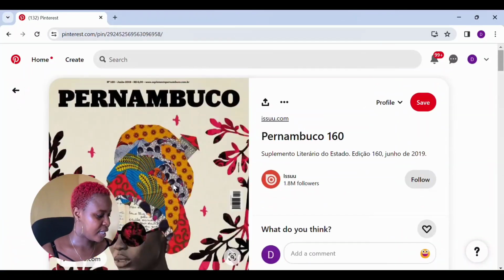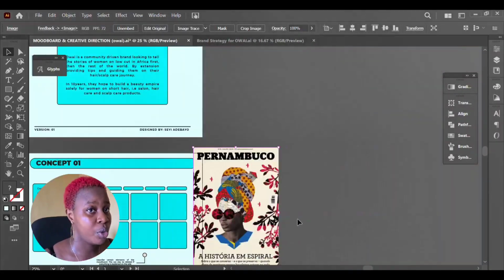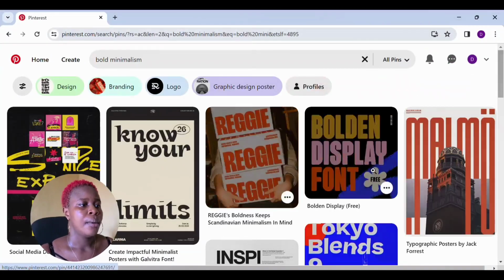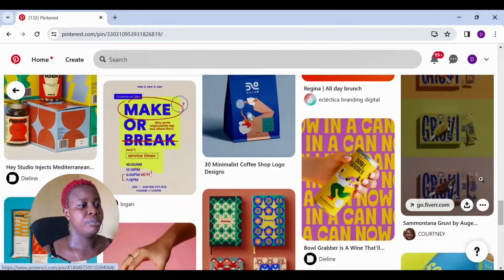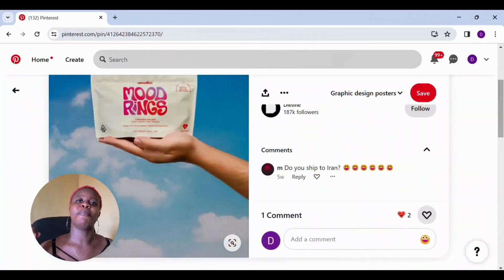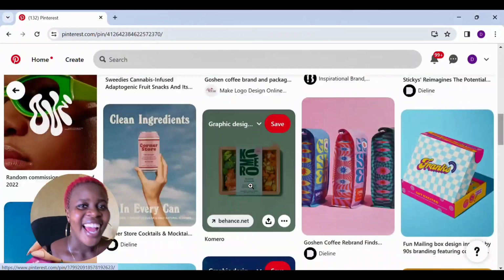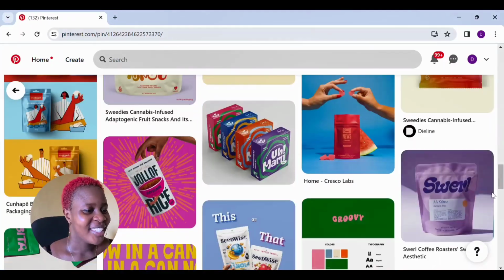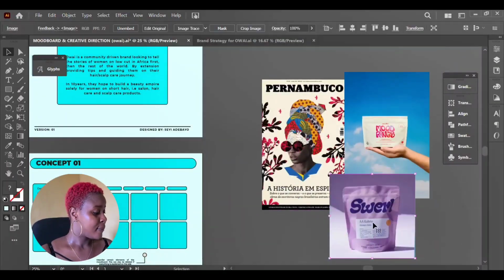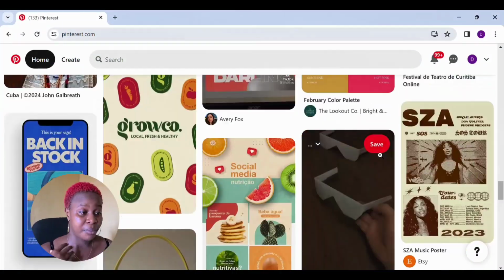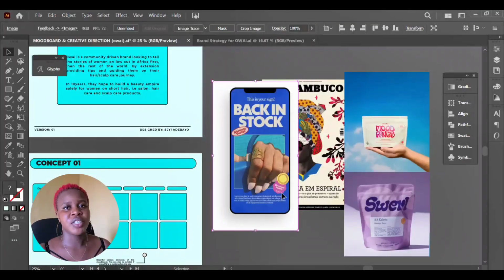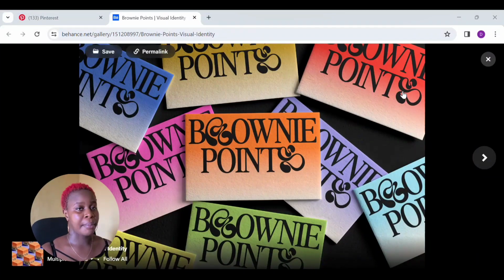So on Pinterest, I started out by checking for bold. My keywords were bold branding, bold font, because I have this idea for the brand. I want it to be bold. I wanted to say Beyonce. I was bold, Beyonce. So I started out researching bold brand, bold typography, approachable. I even searched for awesome branding. And also, because I'm dealing with bald women,